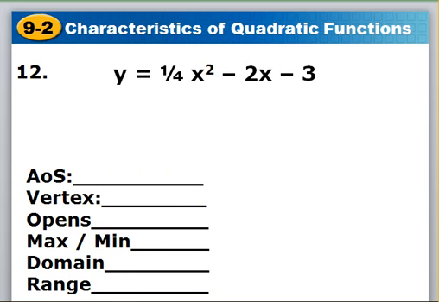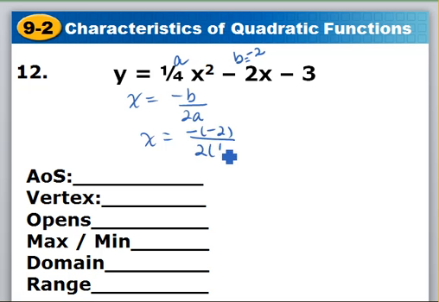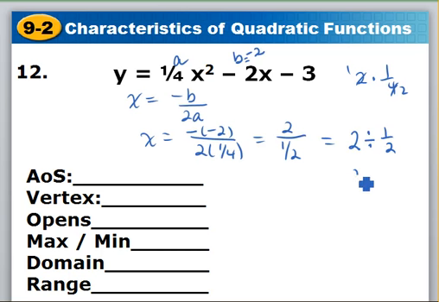In my last example, I'm not going to get through the entire thing, but I will go ahead and find the axis of symmetry using a fraction. So a is 1/4 and b is negative 2. So when I plug in negative b all over 2a, I'll have negative 2 all over 2 times 1/4. This gives me a positive 2 on top, and 2 times 1/4 gives me 1/2. 2 divided by 1/2 is 2 times 2 over